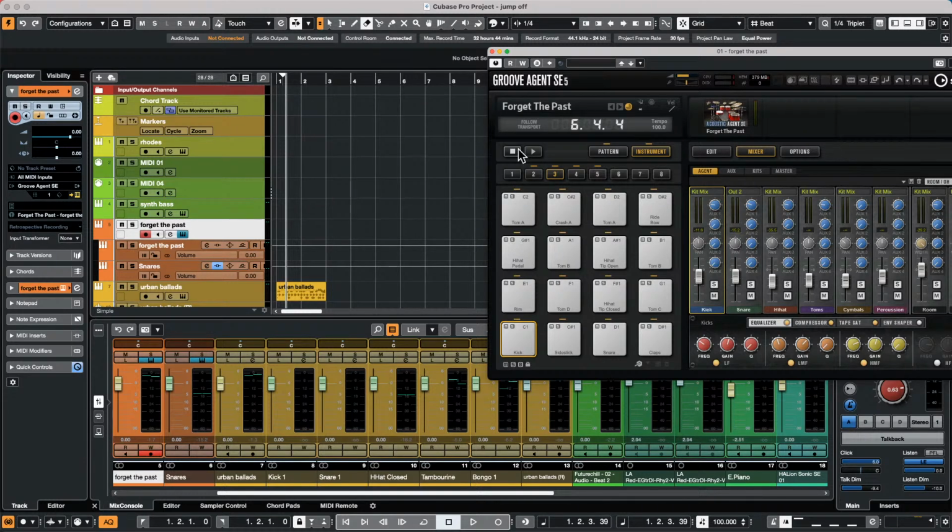All right, so we see Greg, question. Greg, how do I automate multiple tracks at once? For example, how can I move the volume automation lanes of multiple tracks down by 3 dB? Okay, so